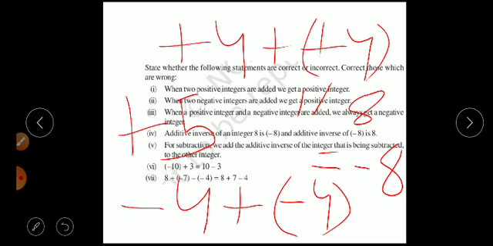When there is a higher positive integer, suppose +5, क्या है आप लोगों की वैल्यू में हाई है और आगे क्या है पॉजिटिव साइन, is added to a lower negative value integer. +5 को अगर मैं -4 से ऐड कर दूंगा तो वैल्यू कितनी आएगी हमारी, +1. So this is a positive integer. समझ आ रहा है?